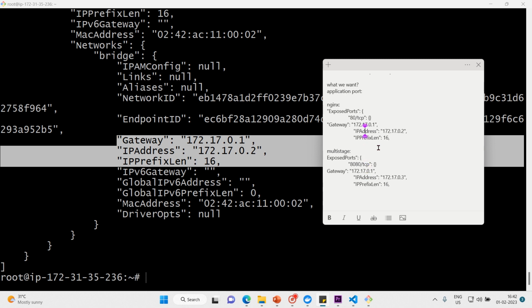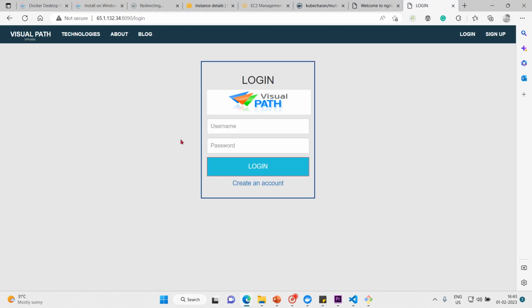If you remember, we have discussed all these concepts. So now 172.17 is common for all, whereas .0.1 is the gateway, .0.2 is container 1, and .0.3 is container 2, that is the Wipro app. Now how do you route to the other two containers? Through the gateway, through the bridge. The 172.17.0.1 is the gateway, so that receives the request from the public IP. You see, this is our public IP. Let me copy this. When you call that public IP with the port,